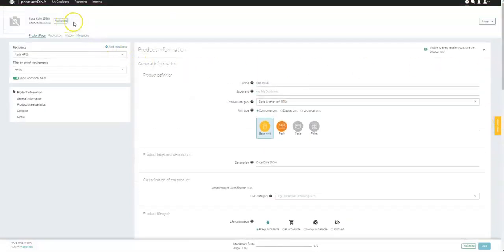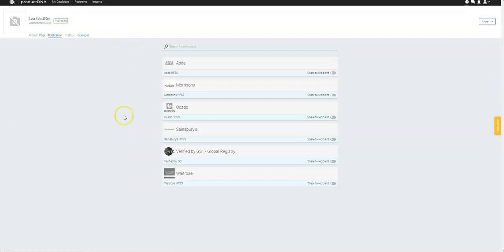With all attributes completed, save and publish your product with the button in the bottom right-hand corner. Publish will then appear at the top of the page next to the product description and GTIN. Once you're in the Publication tab at the top of the web page, you'll be able to see all the possible recipients for your product data. Scroll down and find the recipient that you wish to share your product data with and click the relevant button